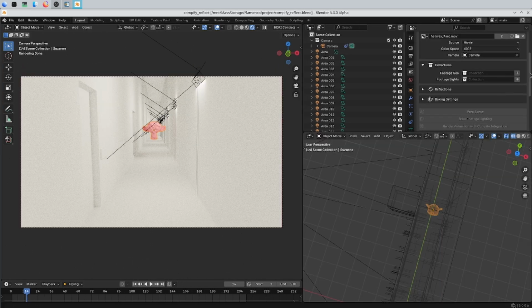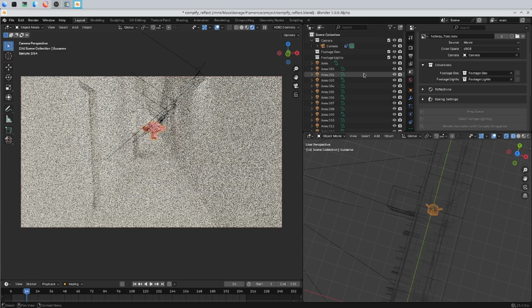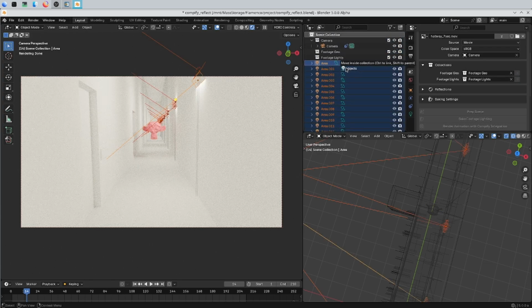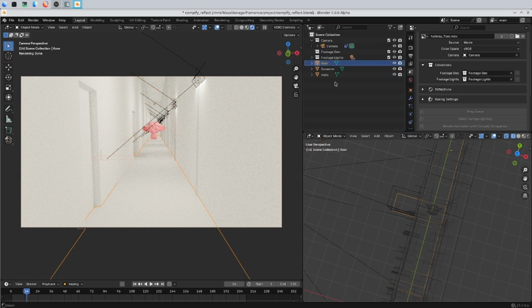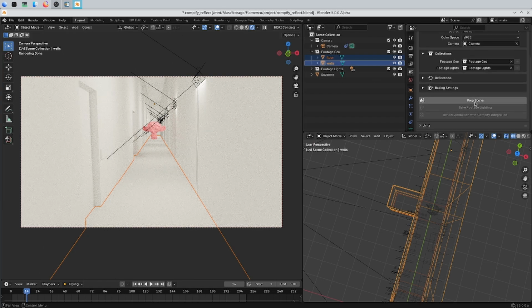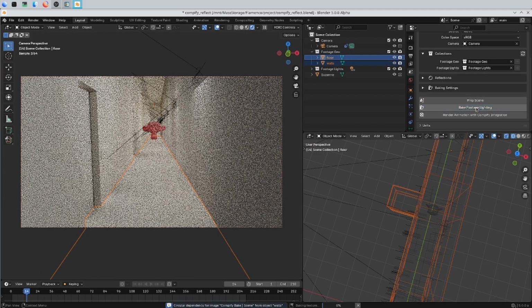So I'll create the footage geometry and the footage lights collections. I grab all of these lights and it will account for any HDRIs that you apply to the world. So there are my lights, gonna close that, and the floor and walls. So footage geometry there. And now if I go ahead and just hit prep scene and then bake footage lighting,